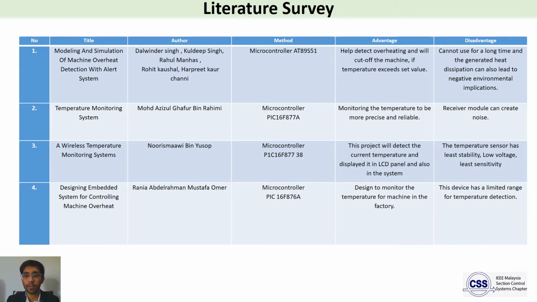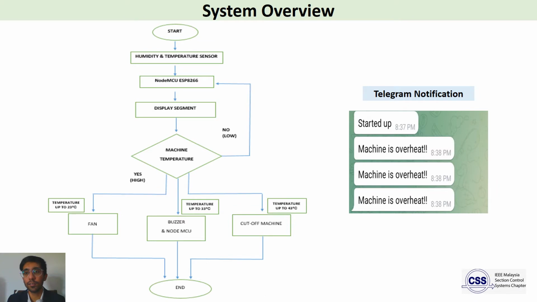The most common part that we observed is the method of processing the data, and most of the projects use a microcontroller, which is the most popular choice. However, we decided to use a compact module, which is the Node MCU ESP8266 Wi-Fi module. The module that we use is built with IoT function. One more thing we noticed is that most of the projects have only 1 to 2 features. So for our project, we decided to improve the functionality and add more features so that it can give better performance.